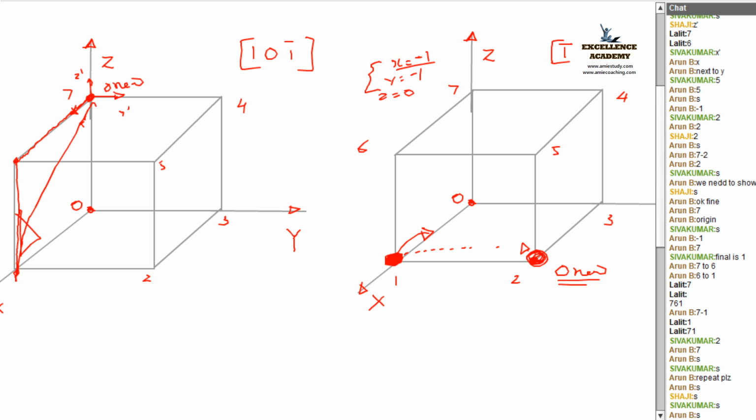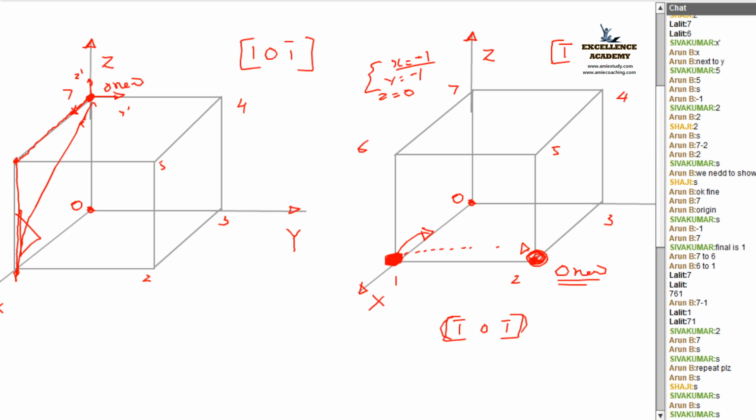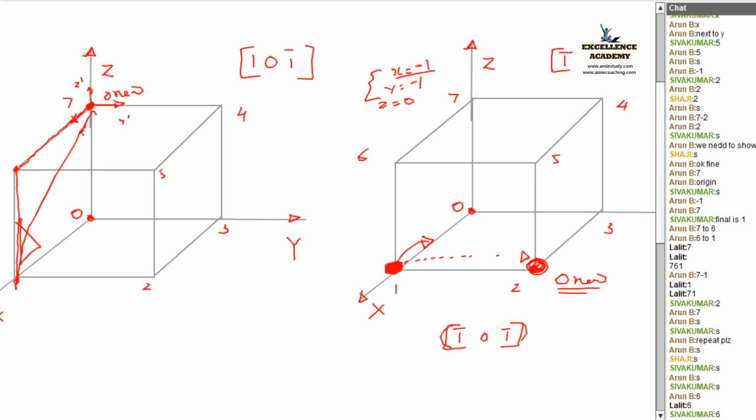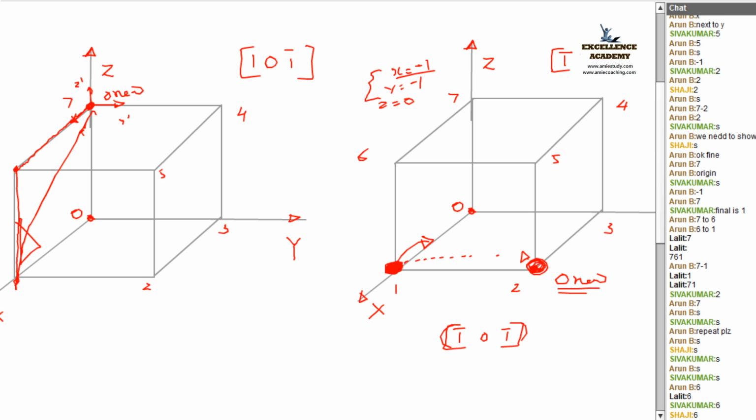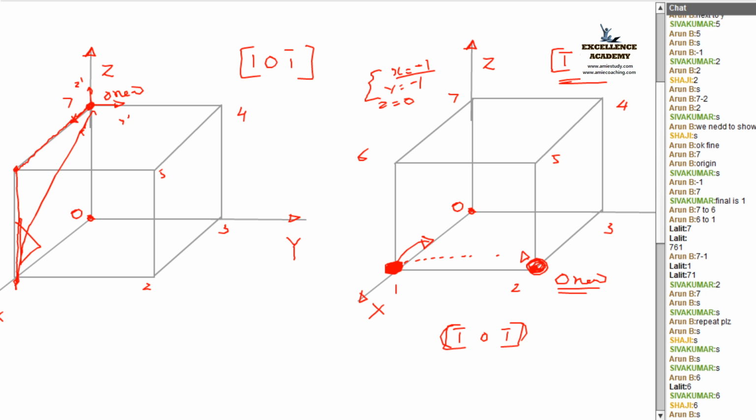If it is okay, give me where is the origin if it is minus 1, 0, minus 1. Is it okay to us? Yes, fine. Now give me the answer for minus 1, minus 1, 0. Okay. Suma says that the final is 0.